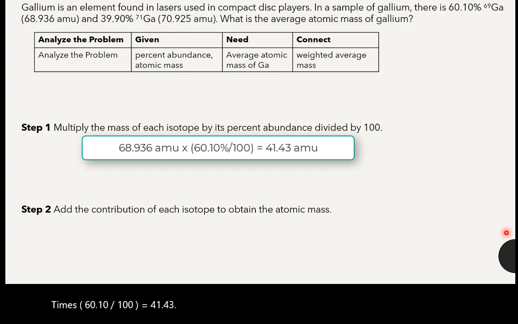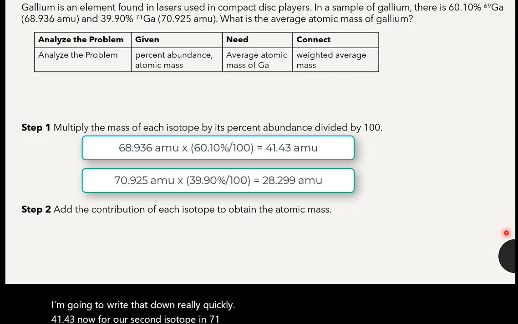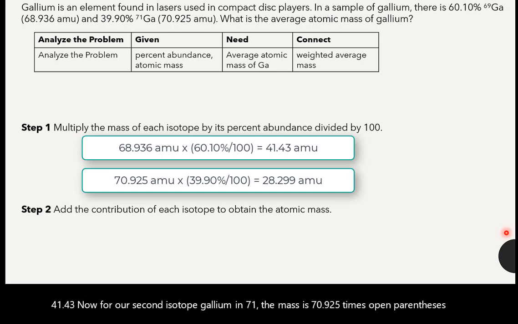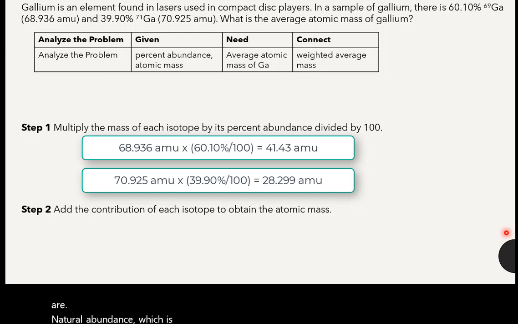I'm going to write that down really quickly. 41.43. Now for our second isotope, gallium-71, the mass is 70.925 times, open parentheses, our natural abundance, which is 39.90, divided by 100, close parentheses, equals